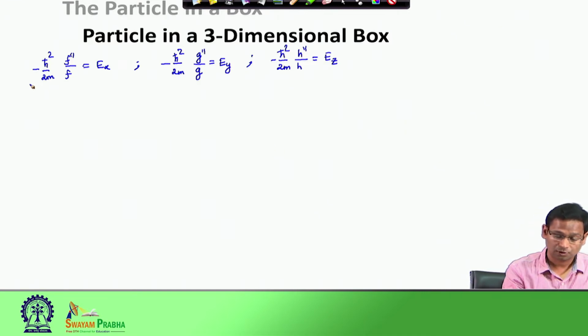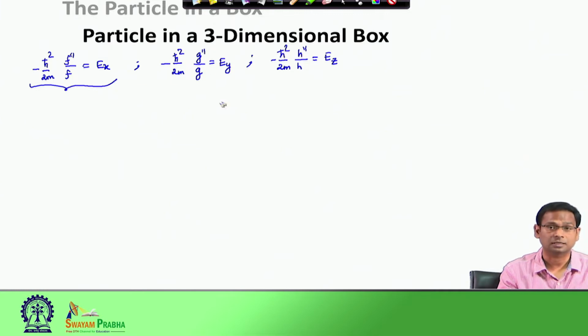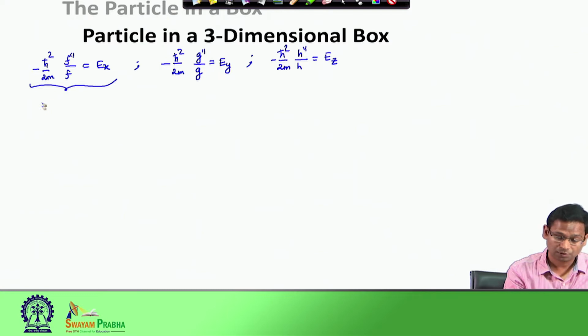All right. So, now let us look at these terms individually. I will just do the first term, and the second and third will simply follow the same procedure. So, when I rewrite this equation,